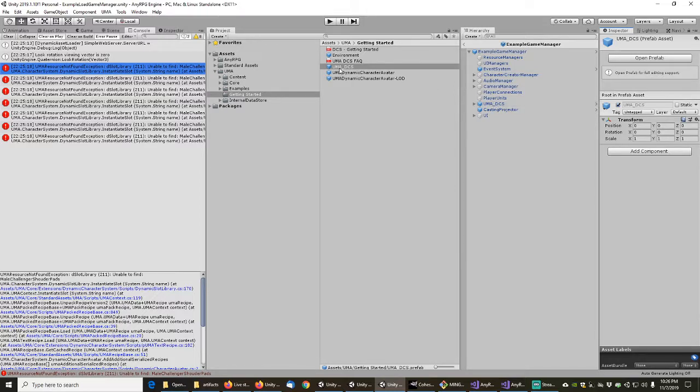I don't know if it does that on name or on hash, because essentially, I think if I have the UMA DCS in here and you download a different version of UMA with the DCS changed a little bit, I can't see this thing referencing that other one unless literally it just searches by name. So